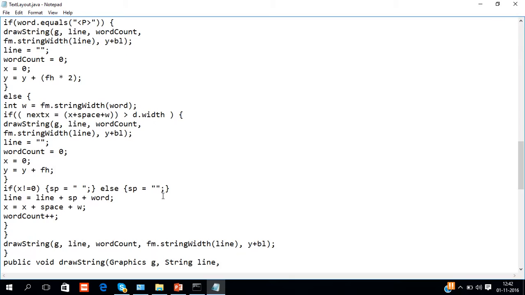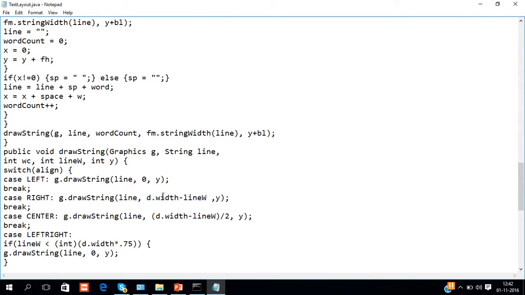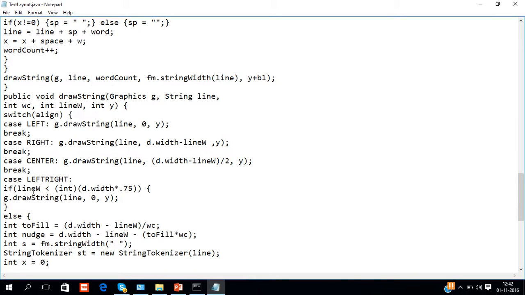Now let's come to the drawString. The first three cases are simple, in which each aligns the string that is passed to it to the left or right edge or to the center of the column, depending upon the alignment style. Now in the left-right case, as you can see, both the left and right sides of the string